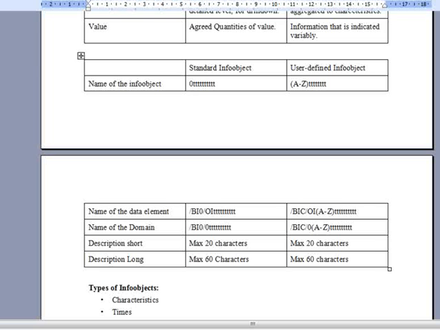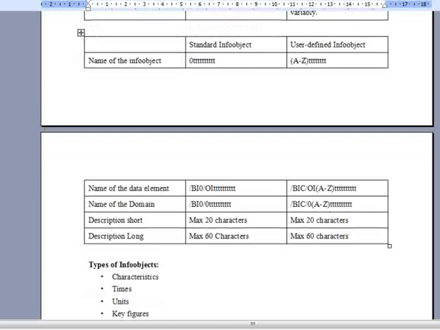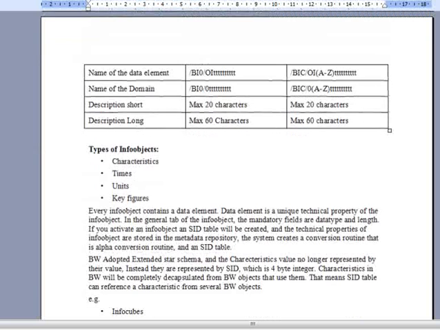In that case you use lookups. So for coding purposes, you have to get this table name. Descriptions are 20 characters for short, 40 for medium, and 60 for long. This is the standard for the descriptions in BW.